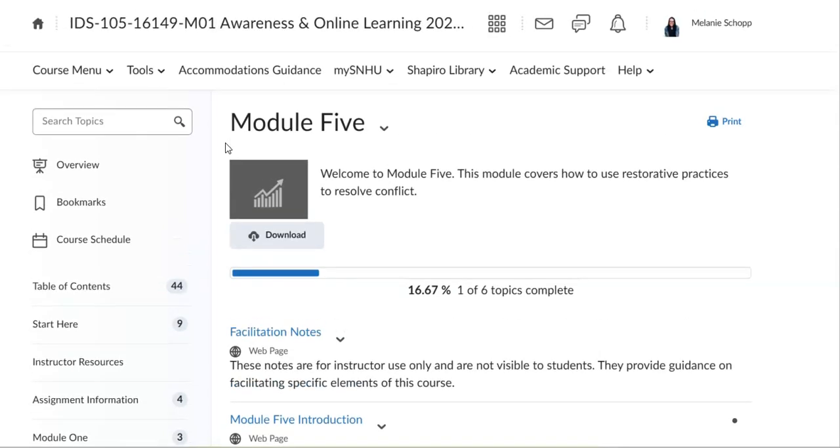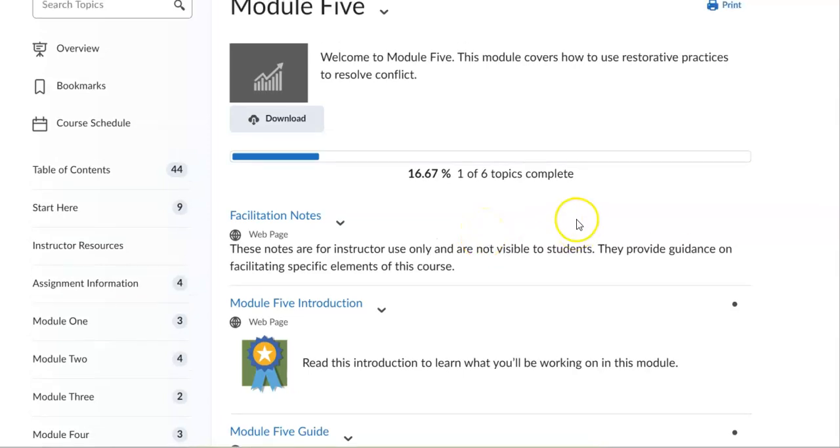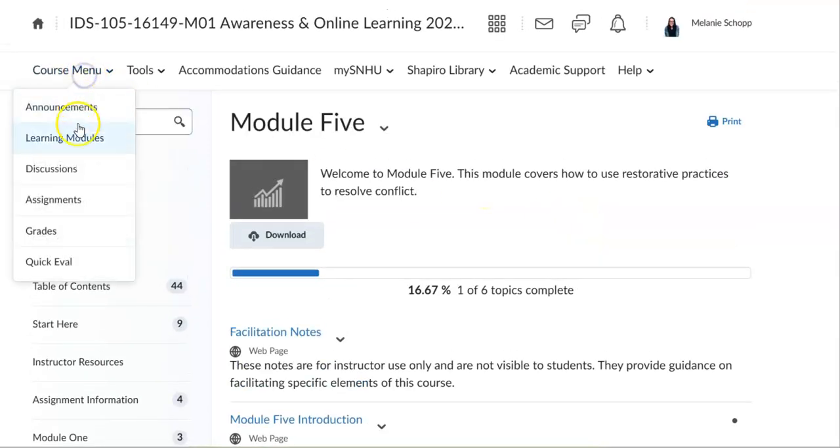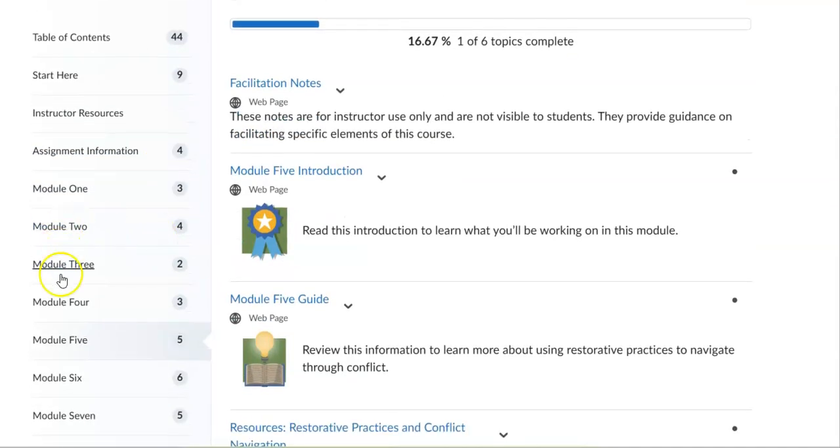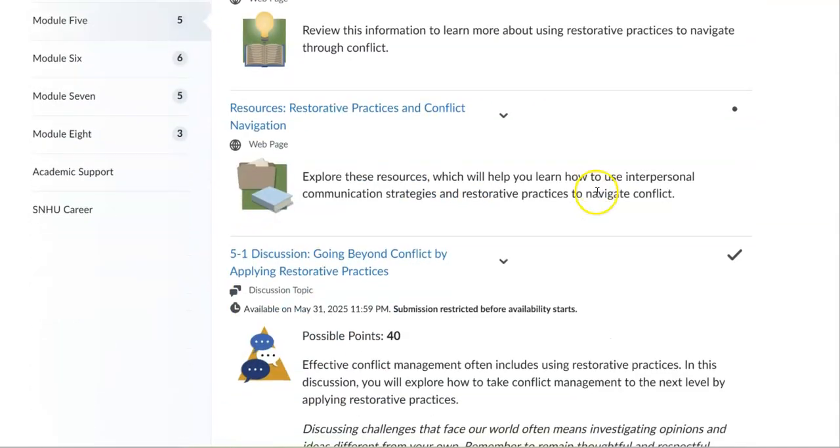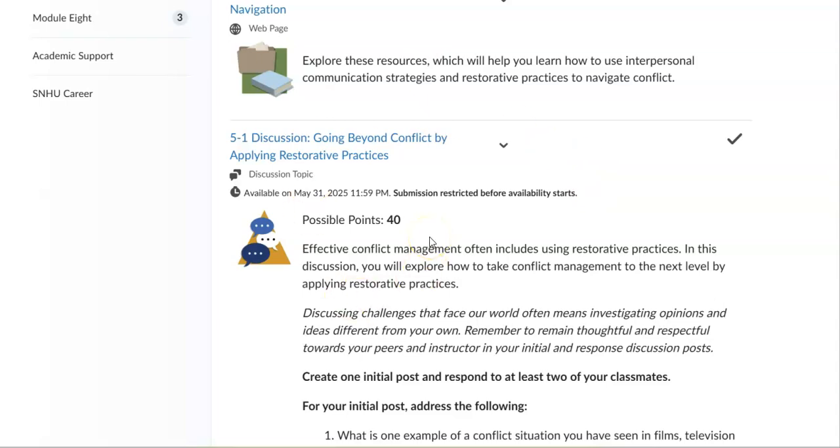Y'all, you are officially past that halfway point of the term. These next couple of weeks are going to go super fast. So let's chat what is due here for week 5, module 5. As always, you can click on course menu, click on learning modules, and scroll down to the week we're looking for. It's module 5. This week for Module 5, you have a discussion assignment that's all about conflict and restorative